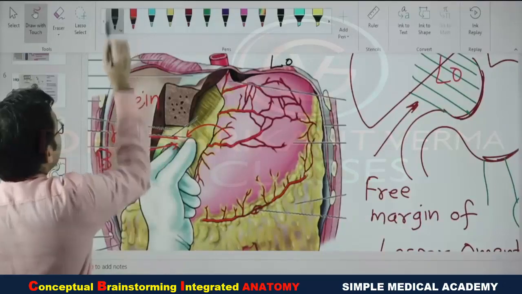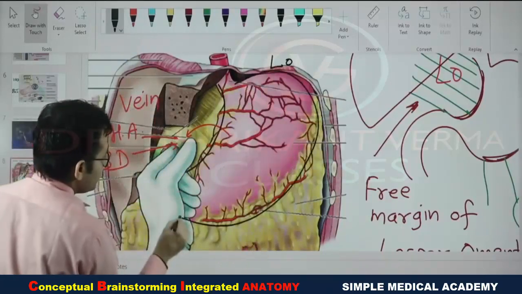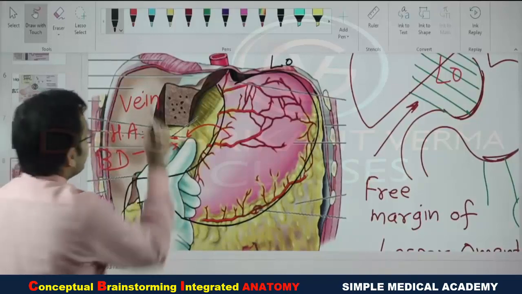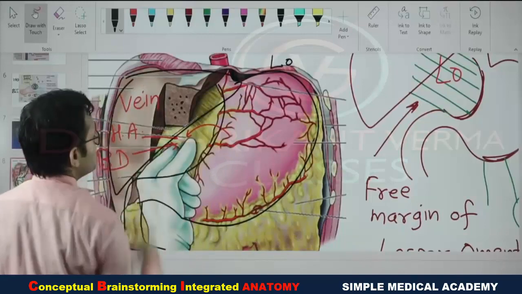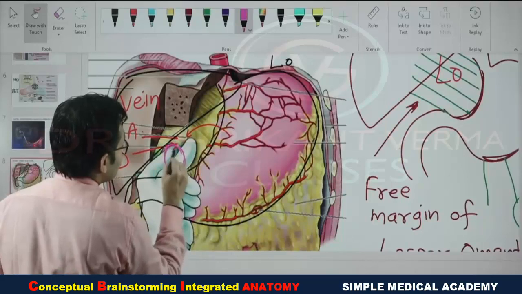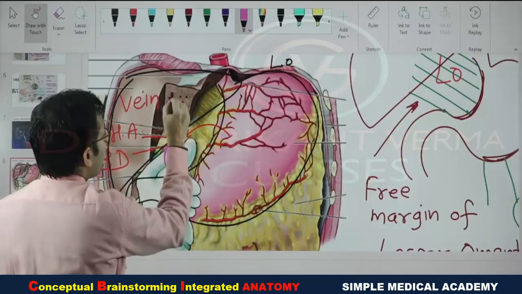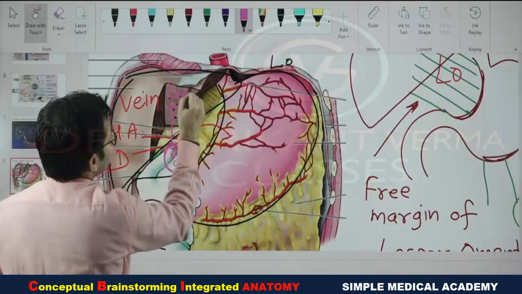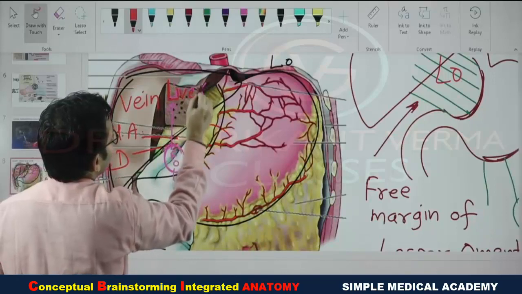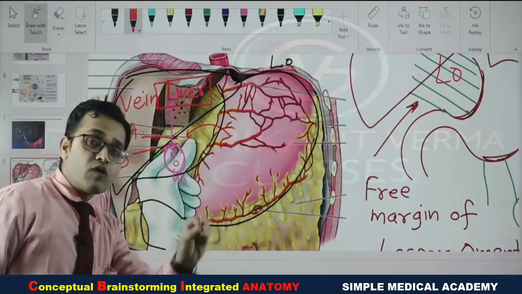Now, can you correlate with the surgery? If this is the stomach, then it will continue as the duodenum. Getting the point? And yes, here is the location of the liver. And if this is the foramen of Winslow, which structure is forming the superior boundary? Definitely your answer is the liver. Later we will see that it is the caudate process of the caudate lobe of the liver.